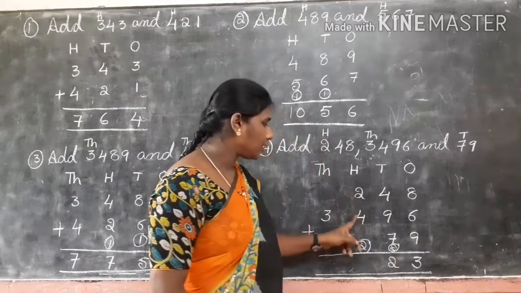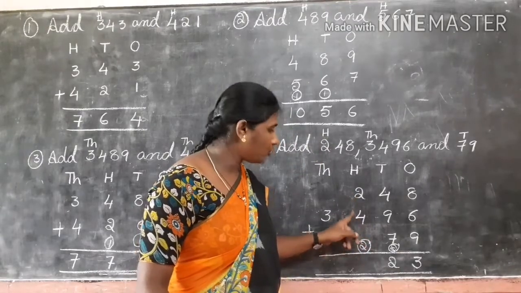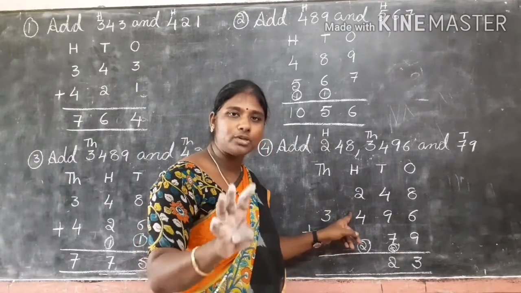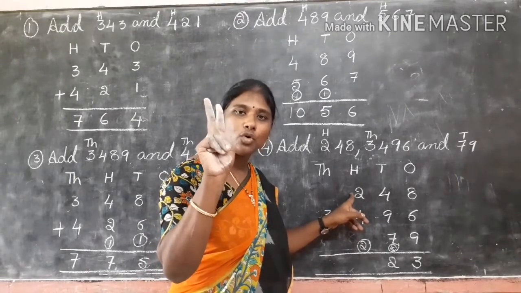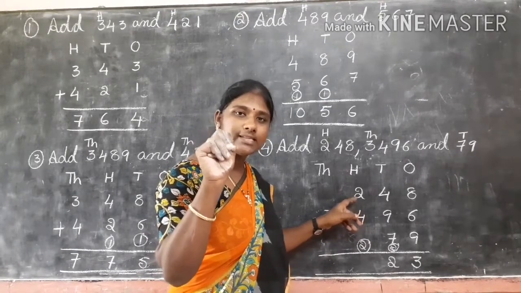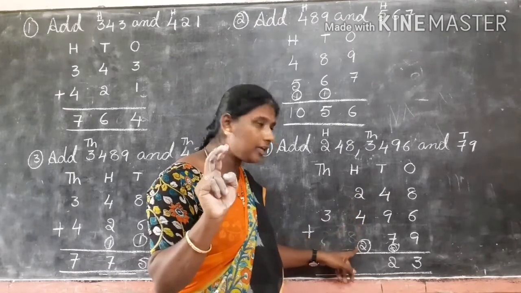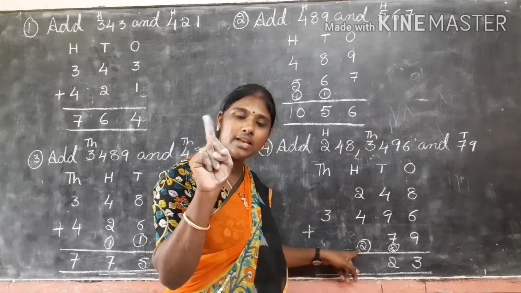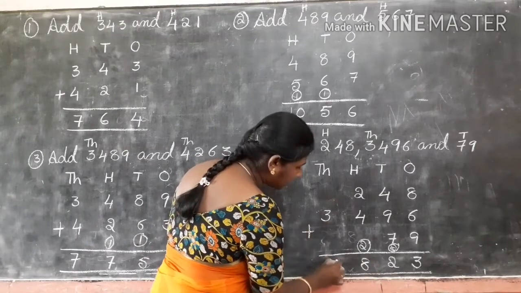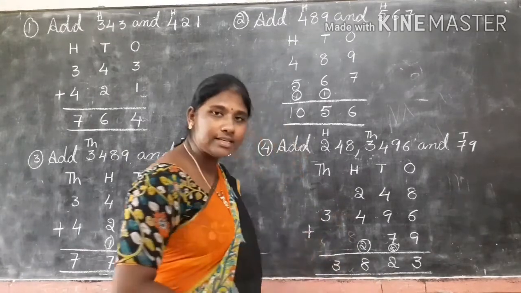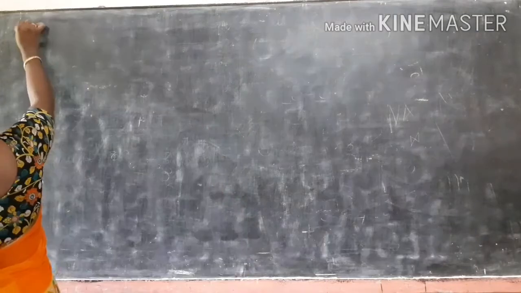Next, here see, next 2, 4, 2. Here next middle number 4. Take 4 fingers. Up number 2. 2 after 3, 4, 5, 6. How much do we get? 6. Here still 2 is there. 6 after 7, 8. Here only one number is there. That is as it is. We have to write.